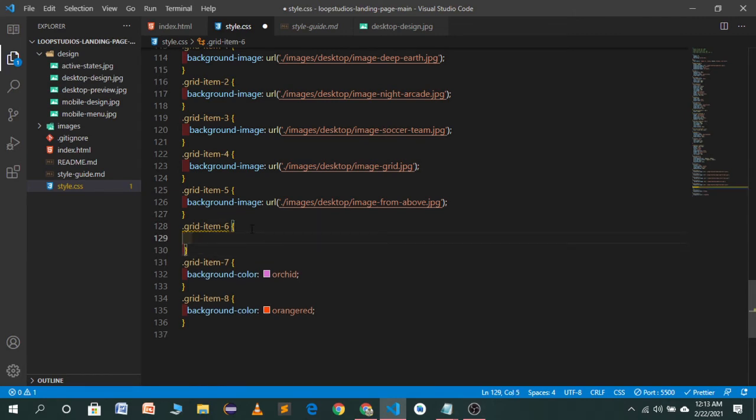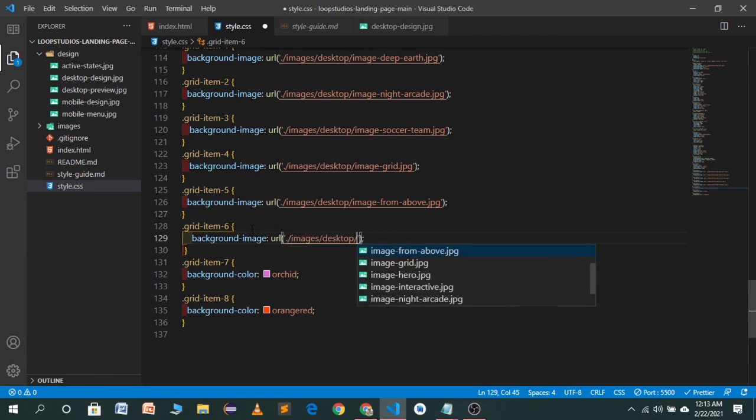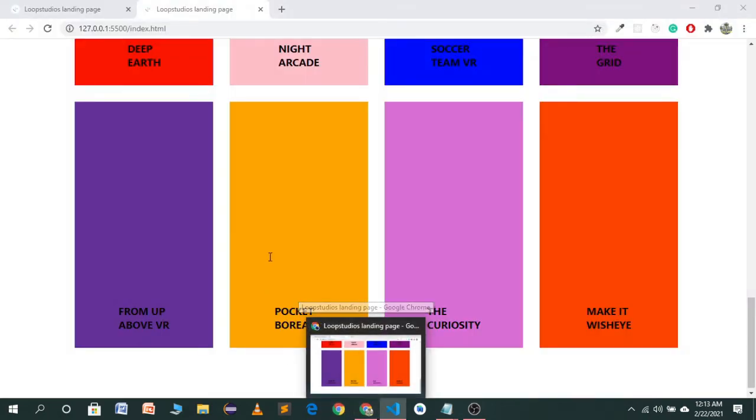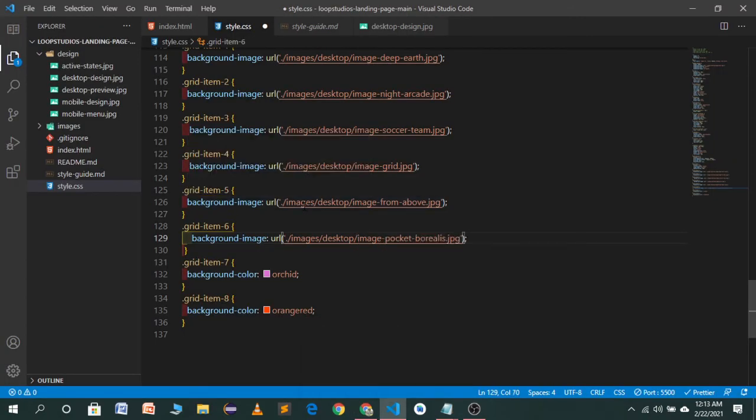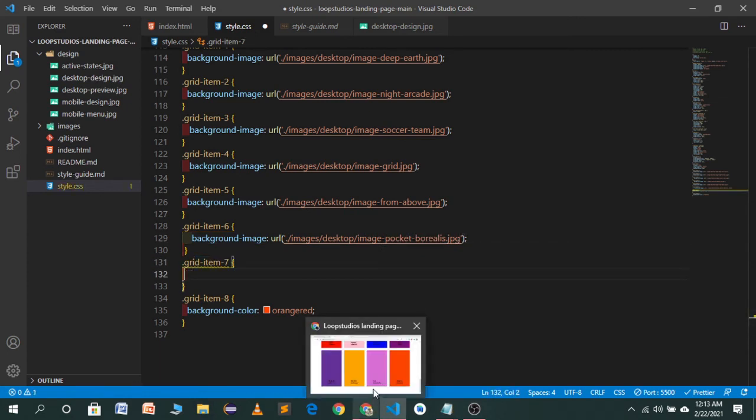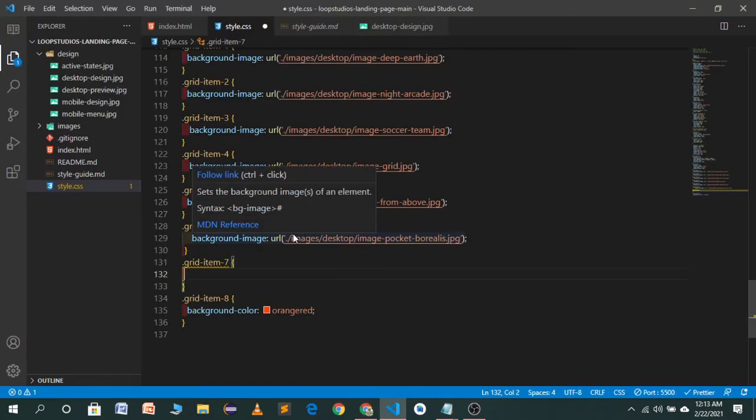So let's go to our grid item 6. Let's go to our images folder. So the sixth one will be pocket ball, this one, and the seventh one will be the curiosity.